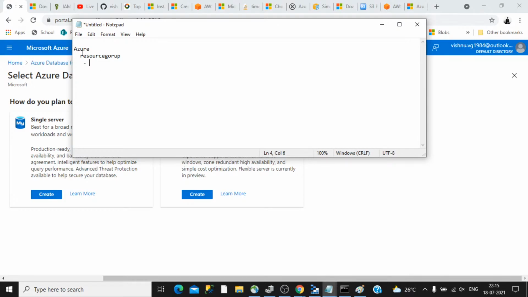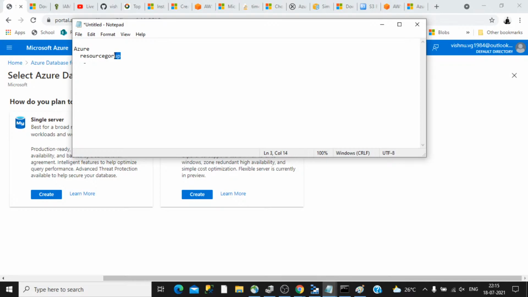This resource group can act as a kind of container, so that you can manage all the different resources underneath it. For example, in the case of an environment, you can create a resource group, and if you create all the environments, specifically VMs, under that particular resource group, the advantage is that at some point of time you can automate that.